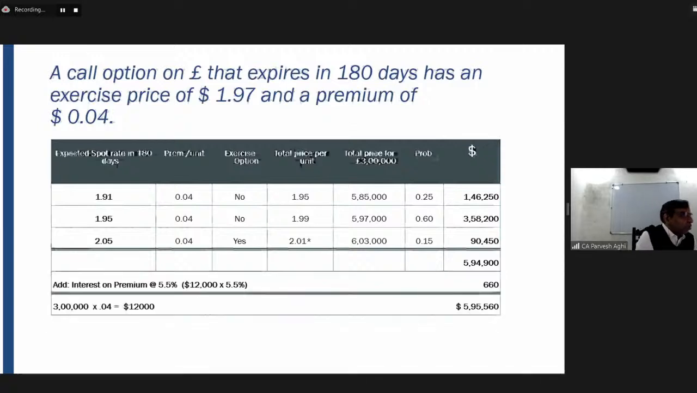So add the premium. Since you are going to pay a premium for entering into an option trade, how much did you pay? $12,000, because your dollar premium was $0.04 multiplied by 3 lakh pounds. So the total outflow on account of the premium will be 12,000, and that will get blocked for 180 days. The rate of interest is 5.5% for the 180 days, so you simply multiply and you get 660. So that means your total outflow